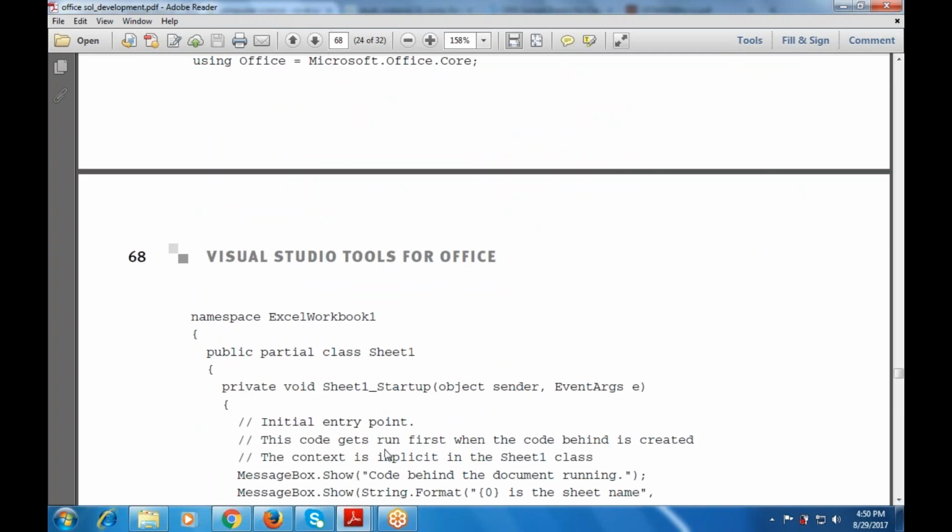That will be used with the namespace ExcelWorkbook1, public partial class Sheet1,